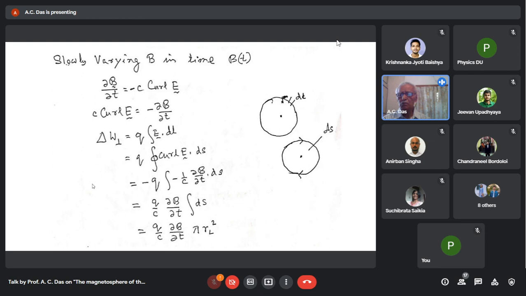Now, this integral of E dot dl, you can use vector analysis, and you can see that it can be described as curl of E dot dS, and dS is the element of the surface enclosed by the particle in its own circle. So that is given by curl of E dot dS,